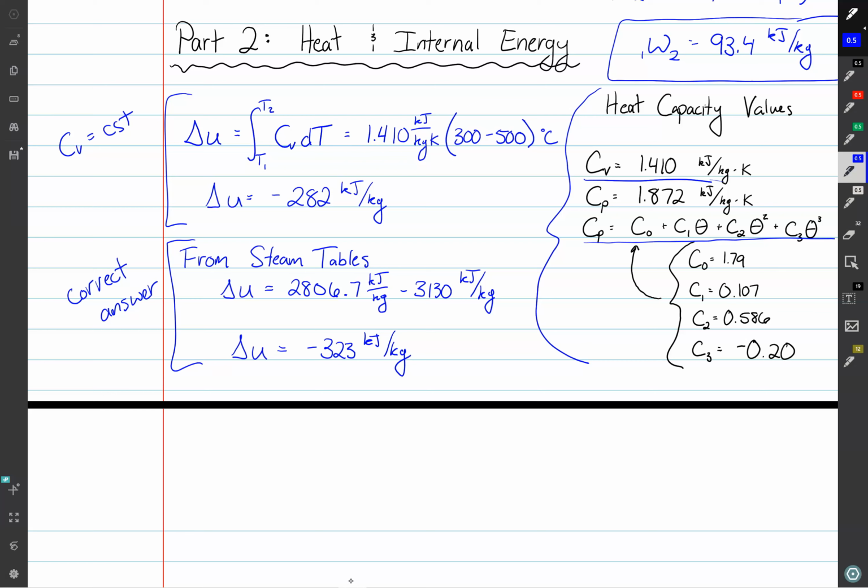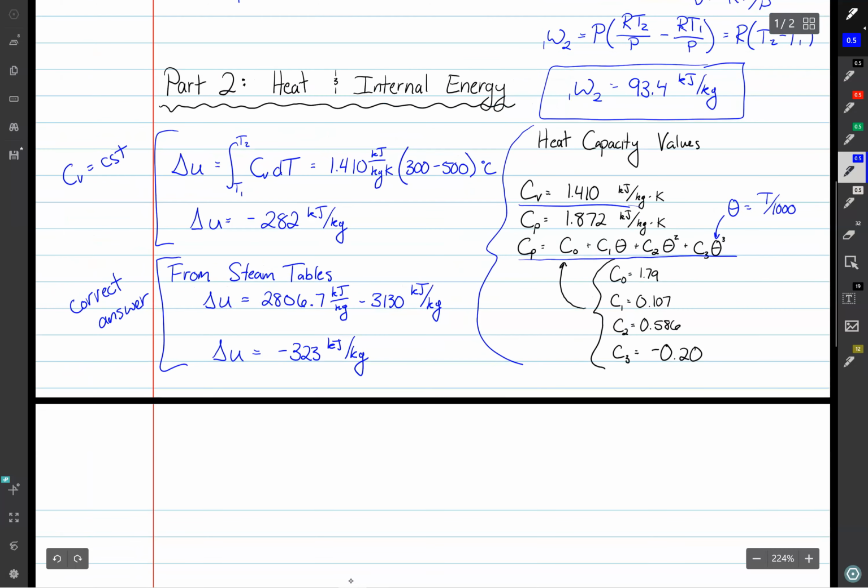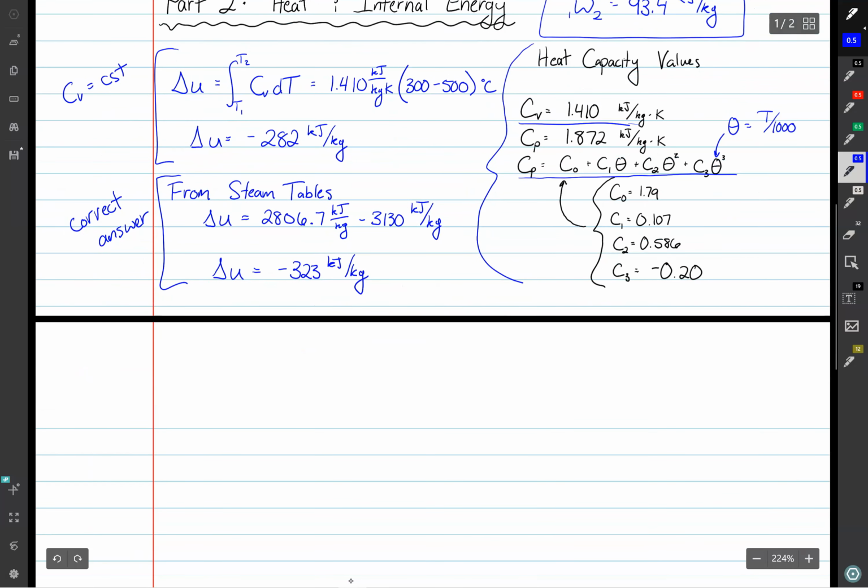And we have four different coefficients on our polynomial. We have these values theta, where theta equals the temp over 1000. So we'll have to deal with that. We'll have to deal with that as well. Okay, so how would we do this? Well, we would find